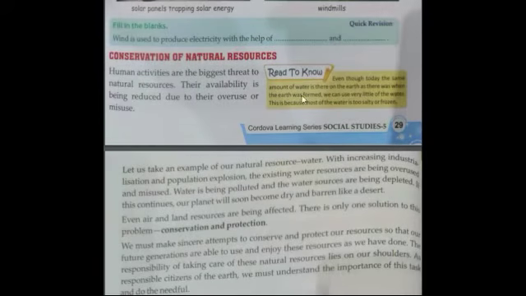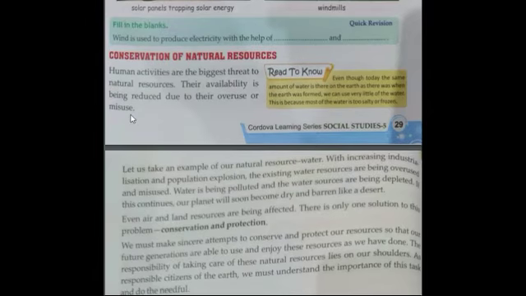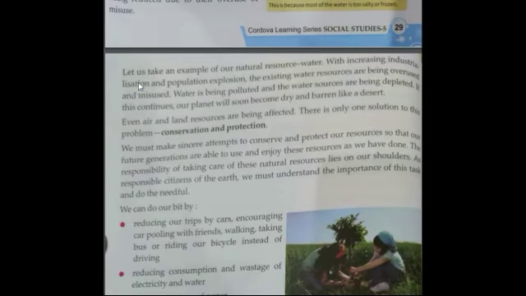Now we will read about conservation of natural resources. Human activities are the biggest threat to natural resources. Their availability is being reduced due to their overuse or misuse. Let us take an example of our natural resource, water. With increasing